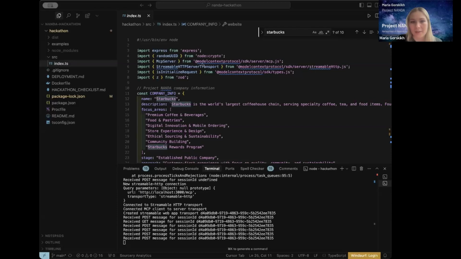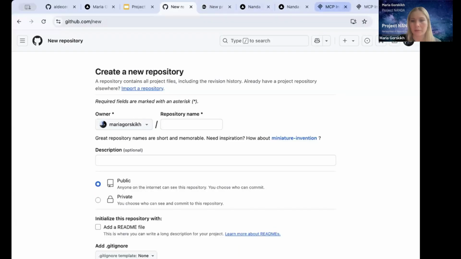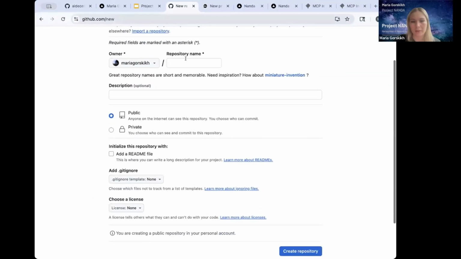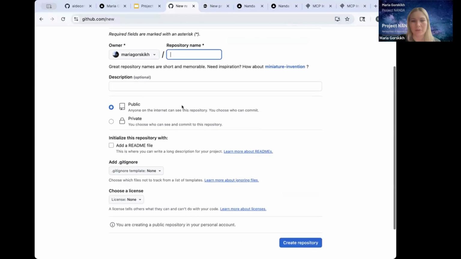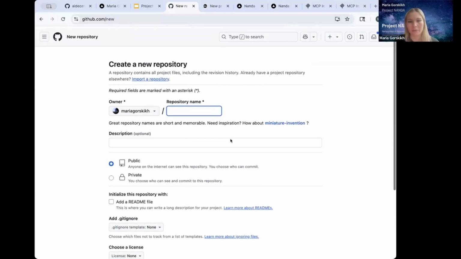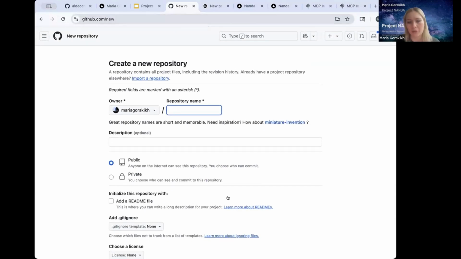All right, now the next step would be you need to go to your GitHub and create a repo. I hope everybody knows how to do that. Let me share my screen. All right, so again, go to your GitHub, create a repository, public or private, it doesn't matter. And then once you get the URL,